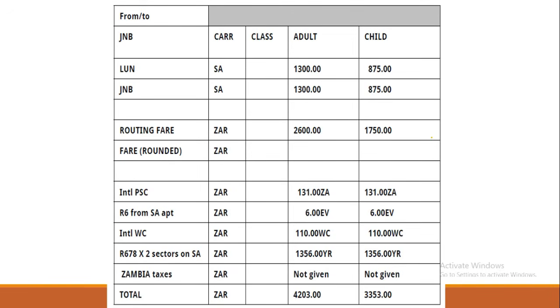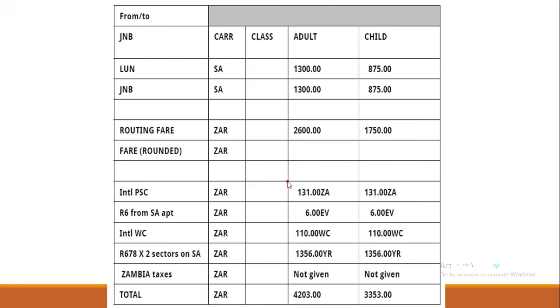So when filling out your ticket, the first thing that you need is your fare calculation. So your fare calculation will be telling you important information like where are we coming from, where are we going, what airline are we using, what class of travel are we going to be using, and how much are we going to be charging each person under each class of travel. Apologies, this table doesn't have the class of travel, but usually you should have the class of travel written in this section.